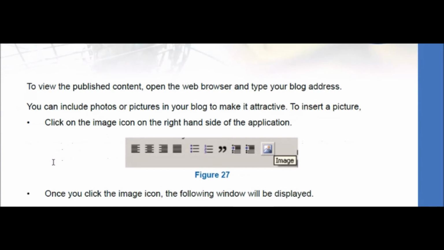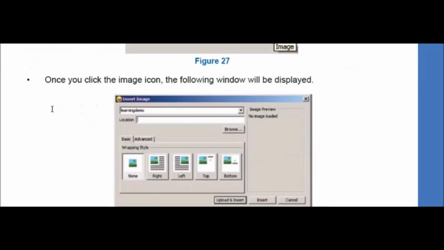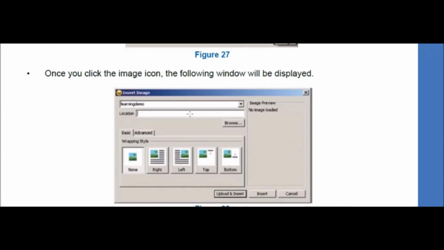And suppose you have not included the pictures earlier, then you can do that by clicking this image icon over here. When you click image, this type of window will appear. In this window you can click on browse.